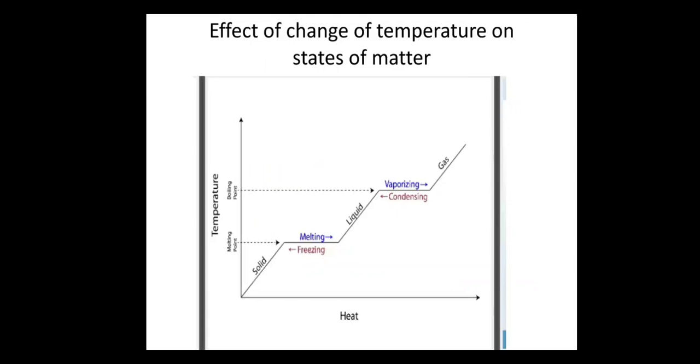Now, because the heat is continuously supplied to the system, what will happen? The liquid will start converting into the gaseous form. The temperature will keep on increasing, and again one temperature will be obtained which will remain still for a while, that is called the boiling point. This will occur when the liquid is completely converted into the gaseous form. This stage is called vaporization. Now the liquid will start converting into gas. About condensation and freezing, we will continue in the next class.